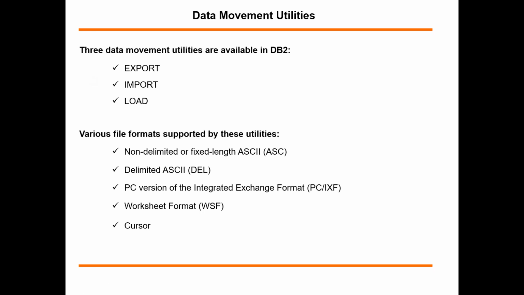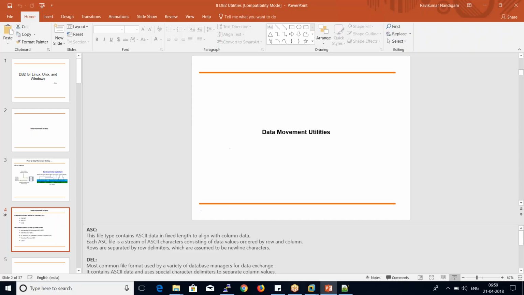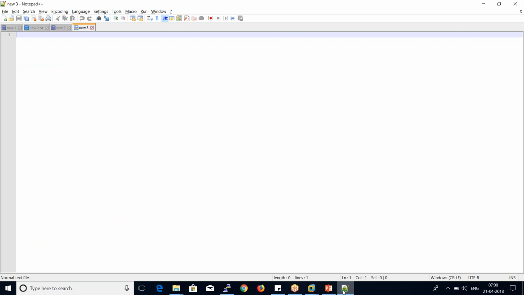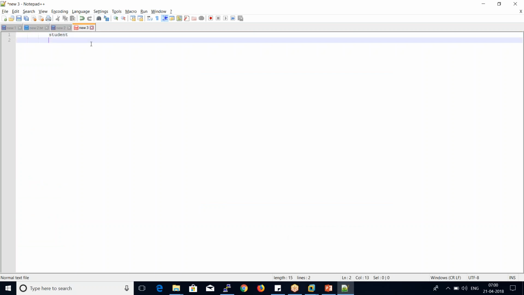What is a delimiter? A delimiter is a technique that separates columns or rows. For example, if I have a student table like this, with student ID, student name, student gender,